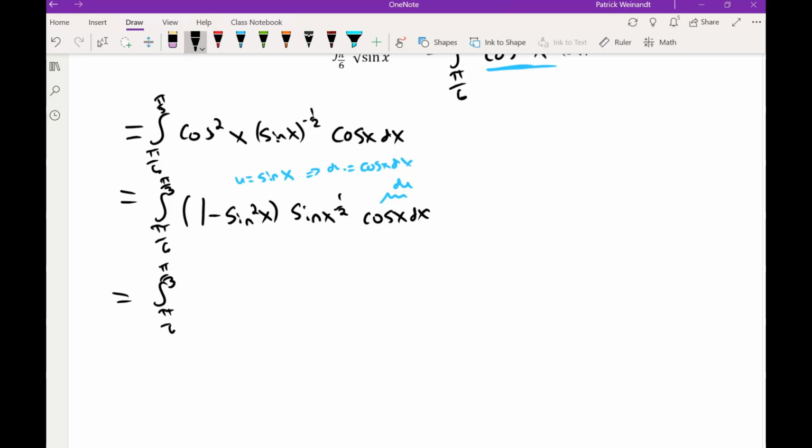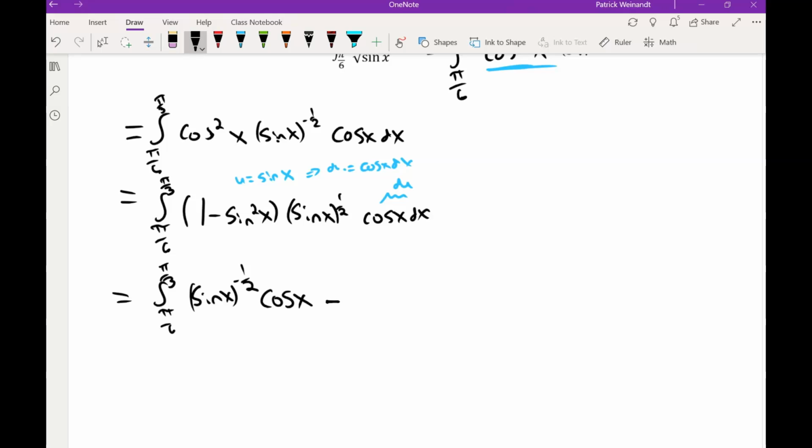Well, sine of x to the negative 1/2 times 1 just gives me sine of x to the negative 1/2, minus sine squared of x times sine of x to the negative 1/2. Remember, when you're multiplying powers with the same base, you add their exponents. So sine squared of x times sine x to the negative 1/2 is going to be, I need this in parentheses, equal to, well, 2 plus negative 1/2 gives me 3/2. So this is going to be sine of x to the 3/2. And I'm still multiplying by that cosine of x here. So times cosine of x